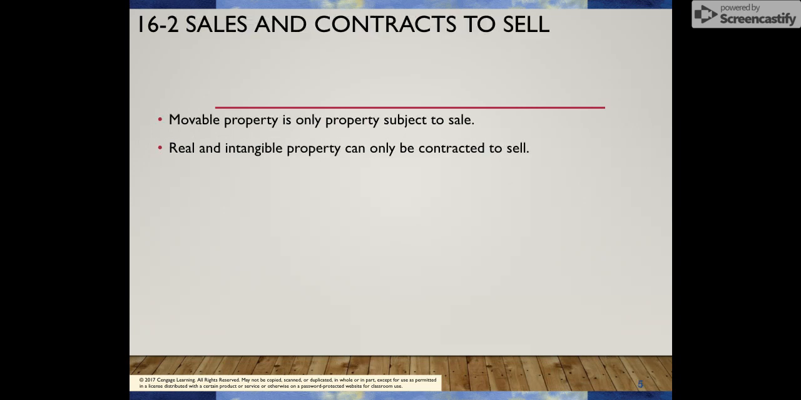Those, the real and intangible property, can only be contracted to sell. That's the difference between them: one is just a sale, whereas one is a contract to sell. Generally you have a real estate agent that would come and sell that for you. Obviously, whatever land you own, you can't move, and that's where that real estate and intangible property would be